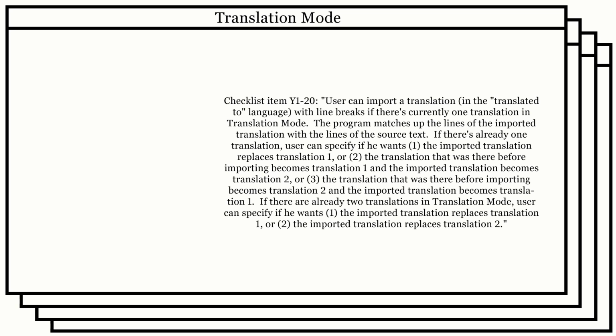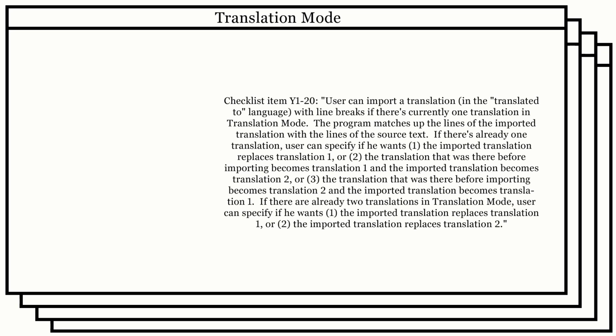Checklist item 1-20. User can import a translation in the translated-to language with line breaks if there's currently one translation in translation mode. The program matches up the lines of the imported translation with the lines of the source text. Correction, I probably should have said the program matches up lines of the imported translation with the chunks of the source text. If there's already one translation, user can specify if he wants 1, the imported translation replaces translation 1, or 2,